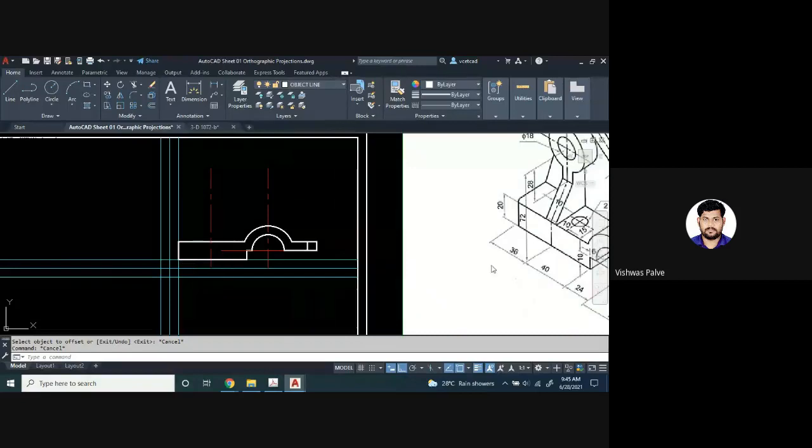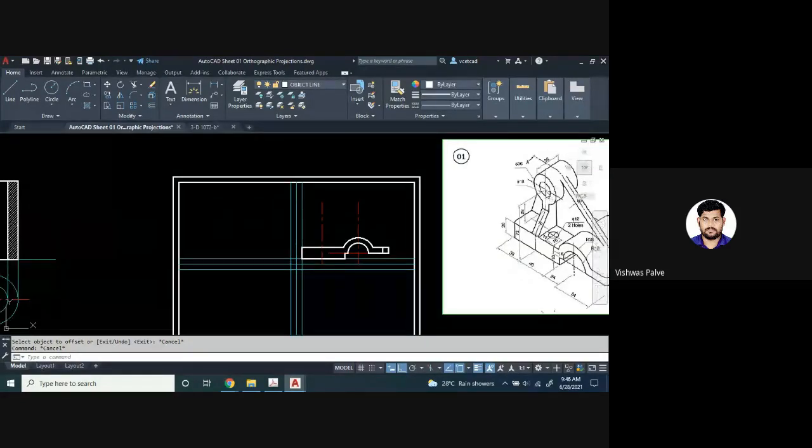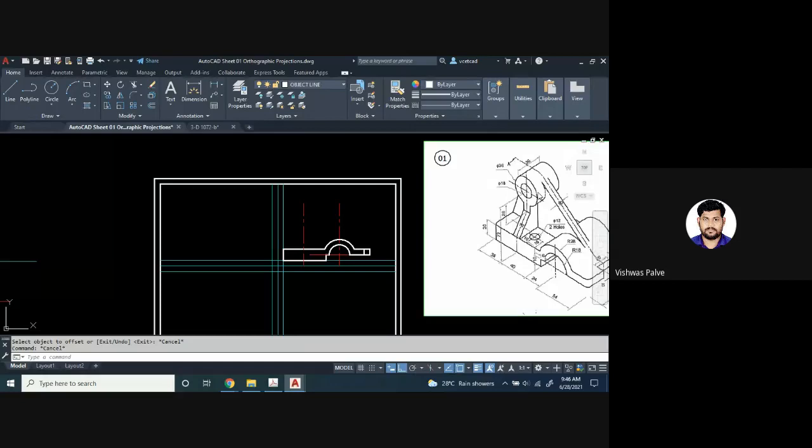Now I want to locate the center of this circle, because if I draw this circle, it will be very helpful for me to draw the remaining portion. For locating the center, it is at a distance of 72 millimeter from the base. From the bottom I have to locate the center. So I can take an offset of this line: O enter, offset distance of 72 millimeter. I have taken this line as a reference.